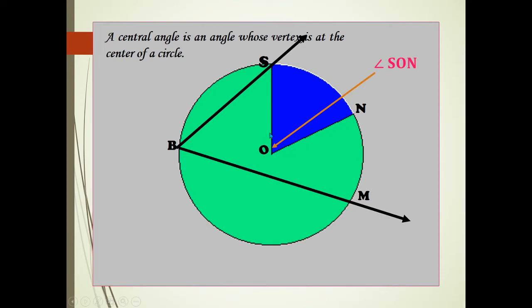O, di ba? Ang vertex niya, so pag sinabi nating vertex, ito yung nasa gitna. Dahil tatlo nga yung letters ng angle, we call the middle letter as the vertex. So, ang pinaka-vertex niya, yung pinaka-center mismo ng circle. So, dahil center mismo siya ng circle, we call it central angle. Paano to isa? It's not at the center of a circle. So, dahil hindi siya, so ang vertex niya is not at the center, therefore, it's called